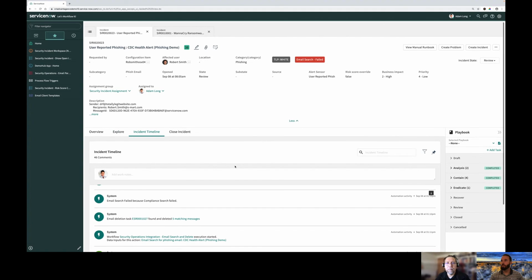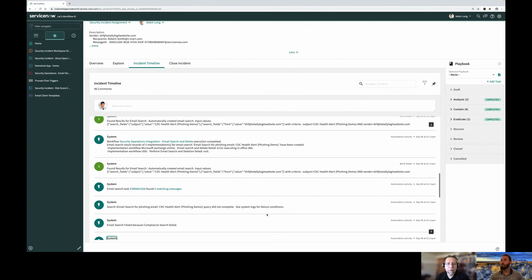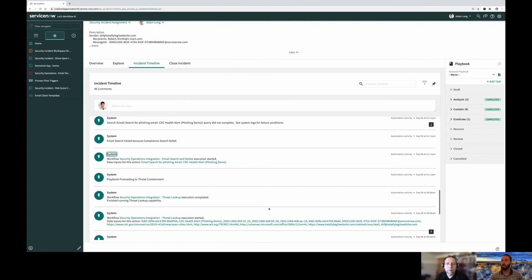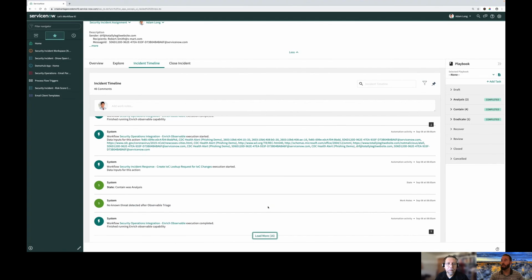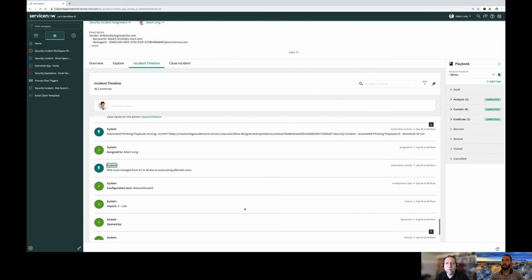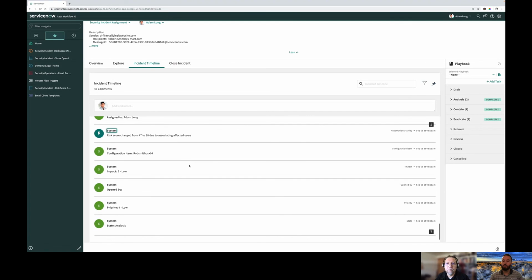It does also give you the ability, like we talked about and Leo mentioned, the time is money perspective. So the system does give you an incident timeline and the ability for security handlers to see when it was first identified, and the time that it actually took to complete that. So you can see the system assigned it automatically to Adam Long. Risk score was changed from 47 to 38 due to associated affected users, right? So where we talked about the risk score can become extremely complex. If you have a VIP user, a CEO of a company is being hacked, or an incident that is utilizing the CEO's email, those are things that can get a higher risk score